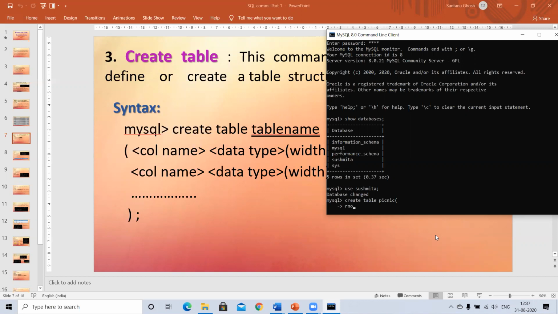So I just kept it roll number, no underscore, no numbers as such. Now I have to tell the computer what kind of data your roll number field or attribute or column name will accept. The roll numbers are generally going to be integer, so I just take int. So this comes in relation to this particular part, data type. And followed by, in half circle brackets, I have to mention the width. Now, how is the width useful?